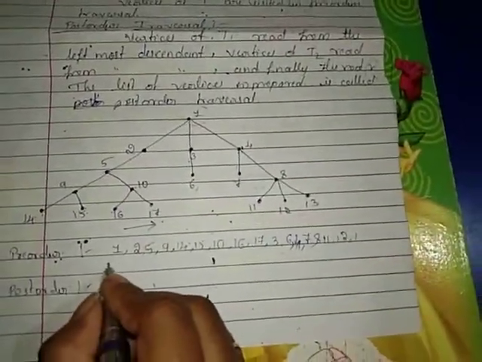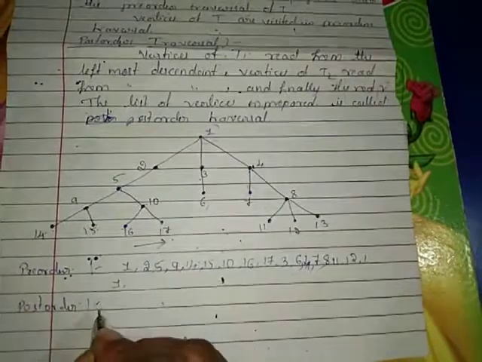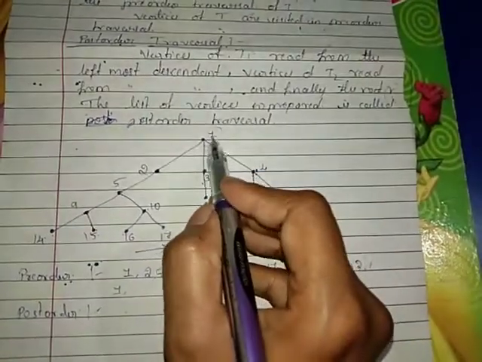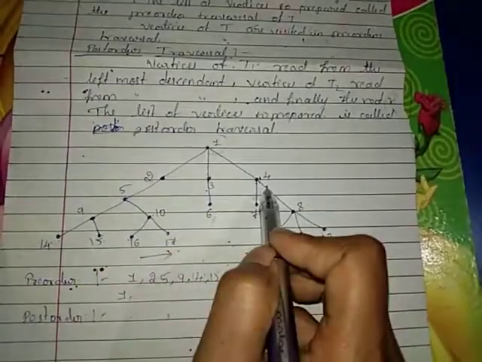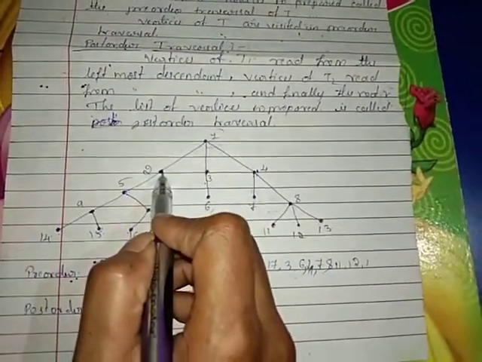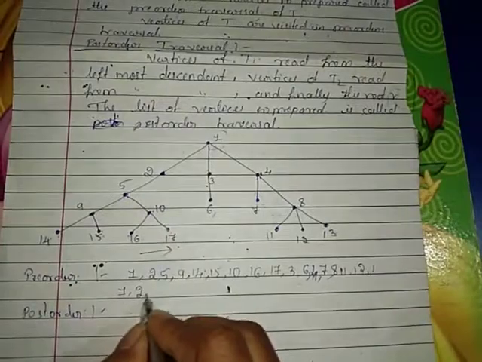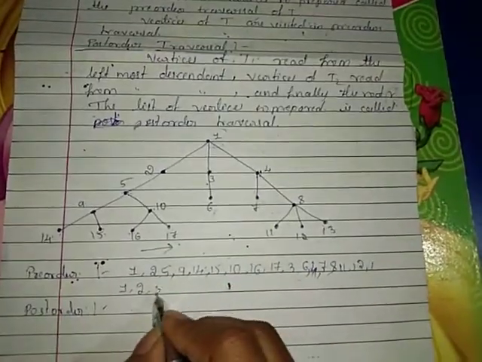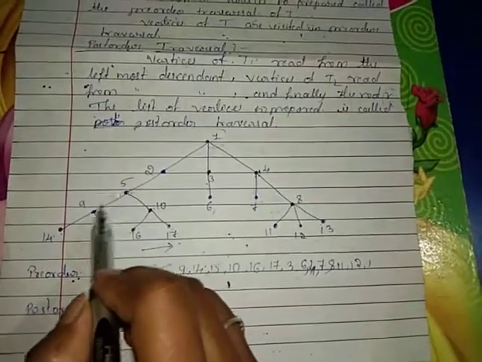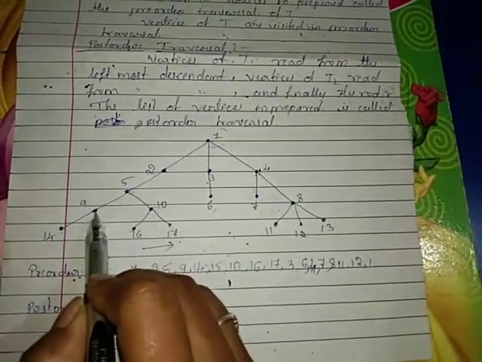So I am explaining it once again here. First we have to write down the root. After the root, this will be divided into 3 parts. From left to right we have to move. For the left side we have 2 first. Again 2 is divided into subtree 5. Again 5 is divided into 2 subtrees. The left side present is 9.